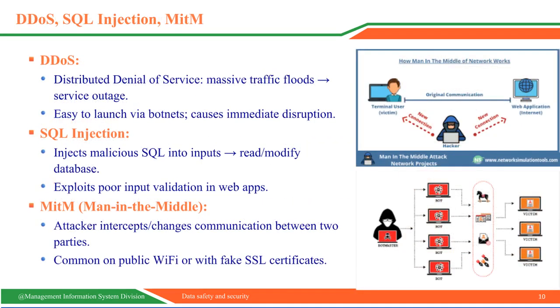These 3 technical attacks primarily compromise the availability and integrity of our systems. DDoS attacks flood a server with traffic, making a website or service unavailable. SQL injection exploits application input vulnerabilities to manipulate the database. MITM attacks intercept communications between two parties, often exploiting unencrypted connections like public Wi-Fi. Prevention requires multiple technical controls: traffic filtering for DDoS, secure coding practices for SQL injection, and ubiquitous encryption for MITM.